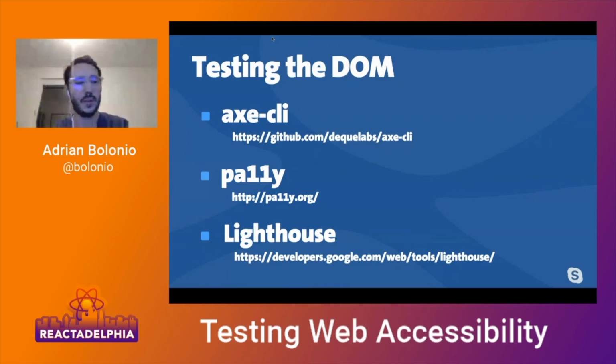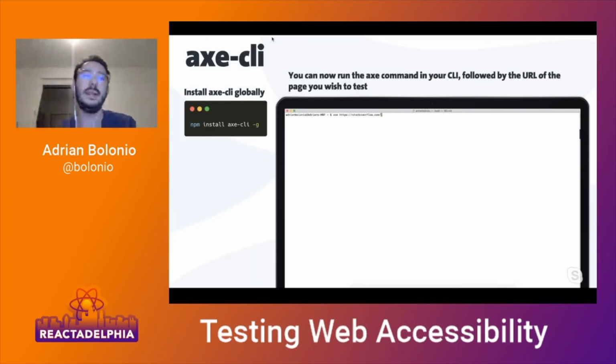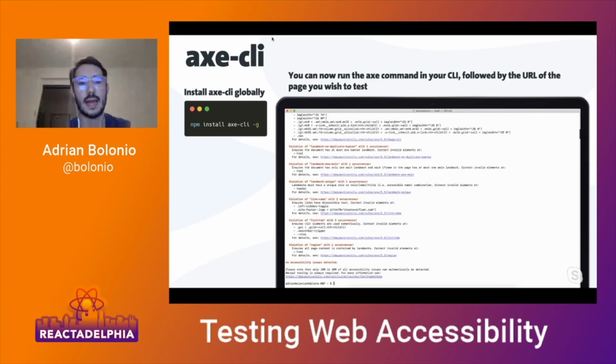Again, Deque, we are back to the Axe family. They have a CLI, so you can use it in the terminal. You need to install it globally on your machine, then type axe in the terminal, followed by the URL that you want to test. It will run a headless Chrome instance and try to pass the Axe engine, with pretty much the same outcome as every Axe family library or tool. You will see what the violation is, where in the DOM structure it is, giving you the whole map, and it groups